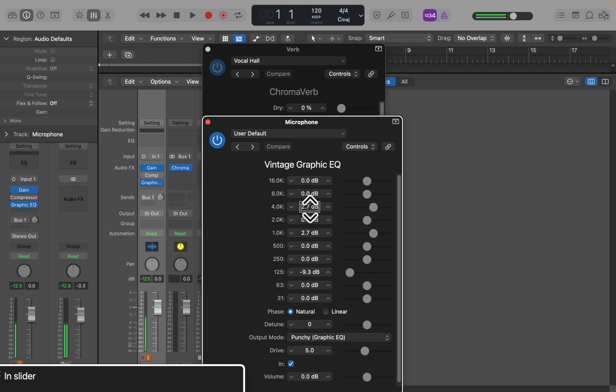I'm around 4K, so 4 kilohertz. If I go all the way down and I talk, can you hear that all of a sudden? It's like my voice has disappeared, but I've just killed all the frequencies around 4 kilohertz. If I bring my 4 kilohertz frequencies all the way up,